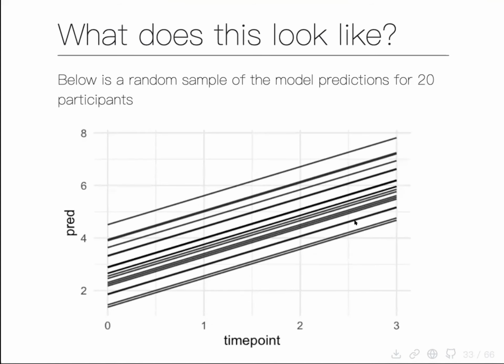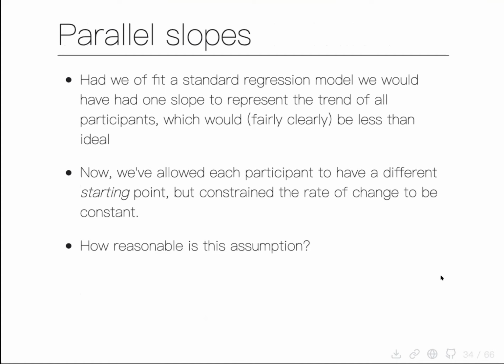That's it, just one slope, which we would have assumed represented all students. Okay, all kids, whatever. I don't know if they're students or kids or whatever. But in this case, we get separate lines for every student. The only thing that changes is the initial starting point. Okay, so now we're allowing each participant to have a different starting point, but the rate of change is assumed